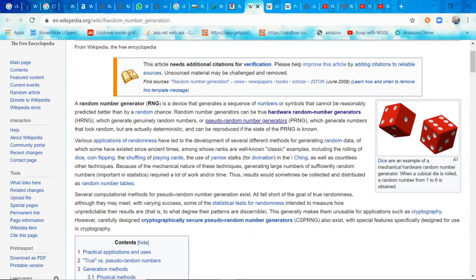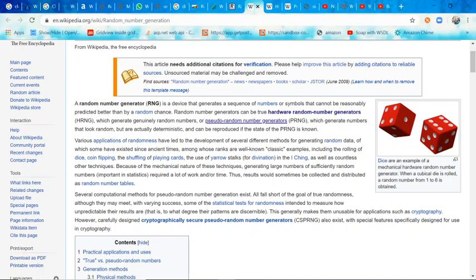What happens in pseudo random numbers? There is an algorithm, and we need to give it a seed, which is nothing but an initial value. Using that initial value and some current values of the system or environment, it generates a new random number that is hard to predict.